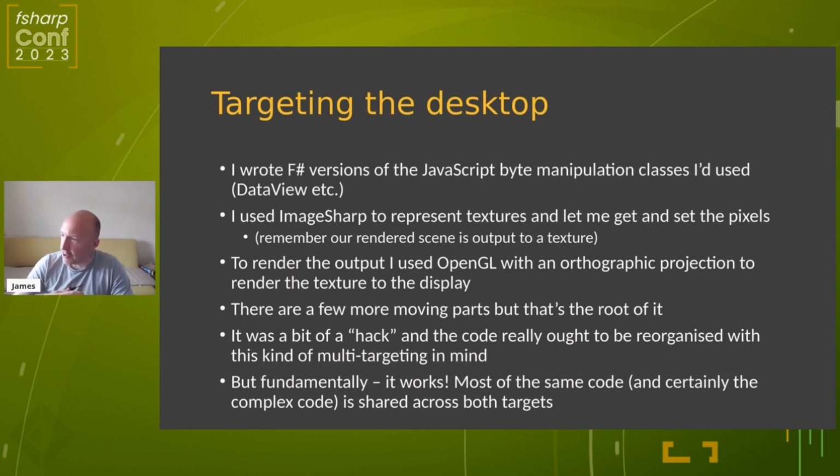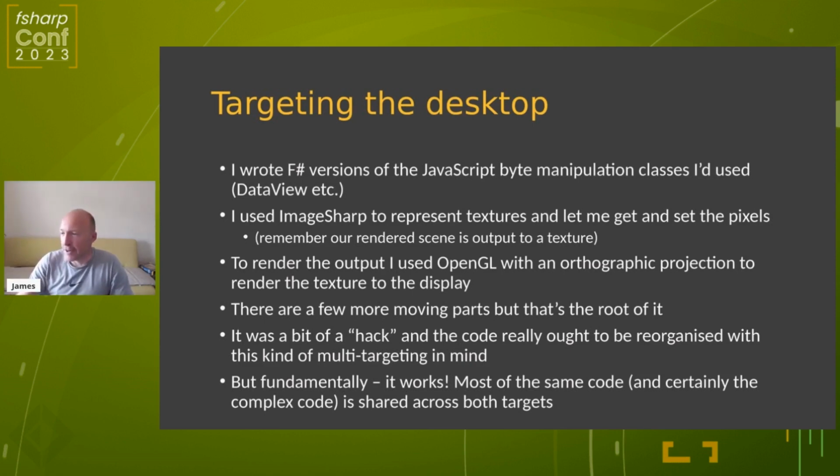I think I use silk.net for that, which is various wrappers for Direct3D and OpenGL and all those things. And I implemented some of the JavaScript things like DataView and Uint8ClampedArray. I implemented some .NET versions of those, which were compatible with the signatures I was using, just to get that code running